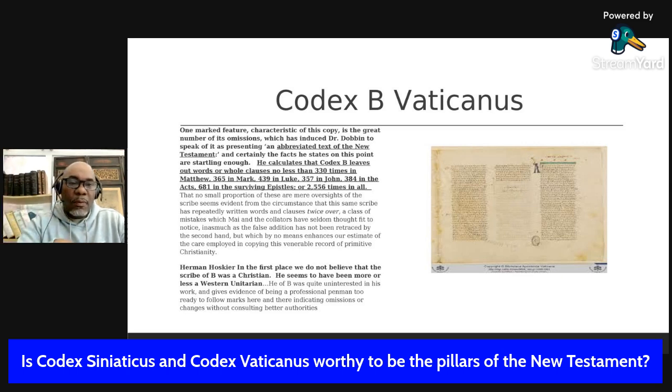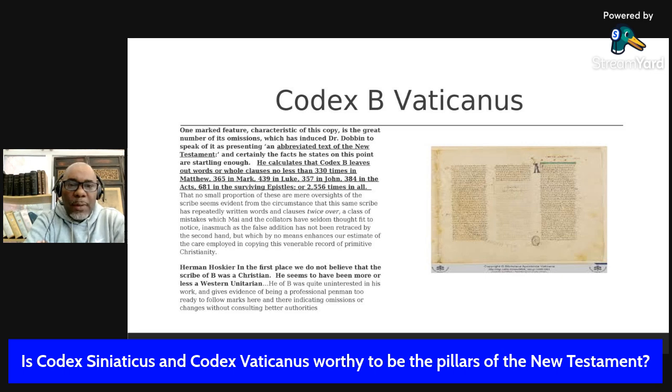So Vaticanus was found on the shelf in the 15th century. As to where it came from, there have been a lot of theories, but no real facts. But they reckon it was based in Egypt. One of the things I want to look at is what is said about Vaticanus. This is from F.H.A. Scrivener,